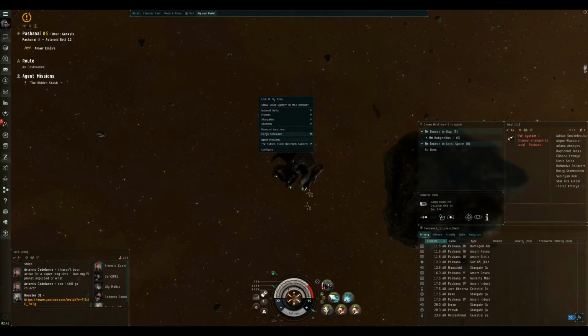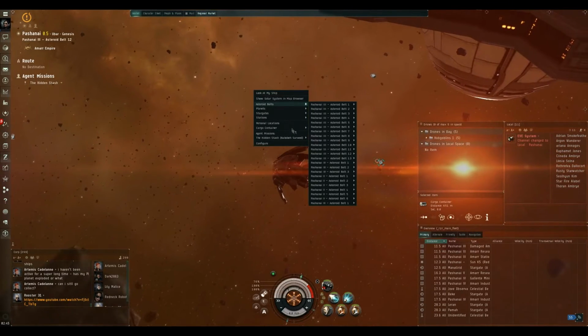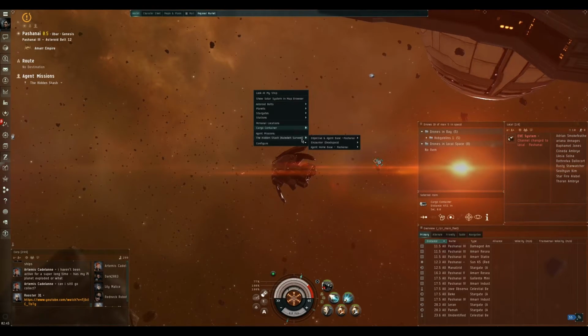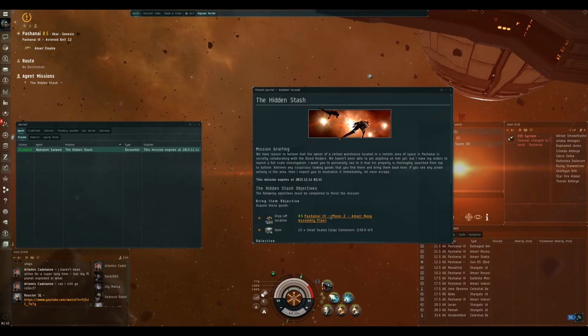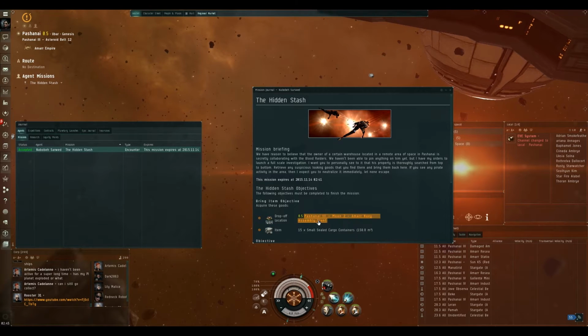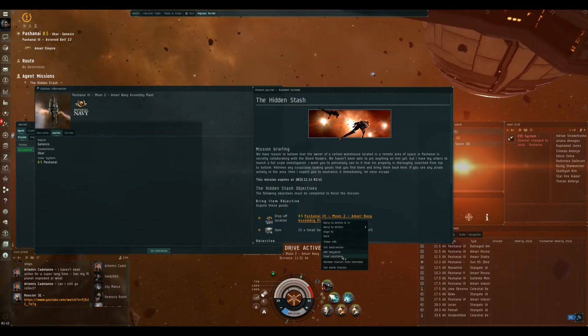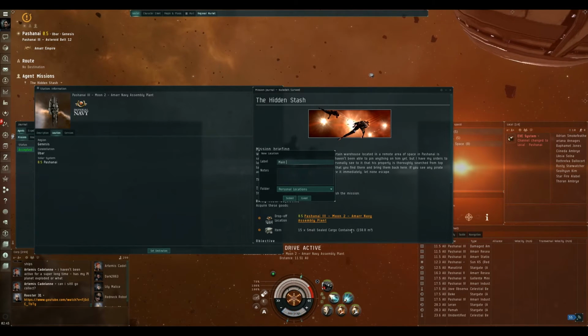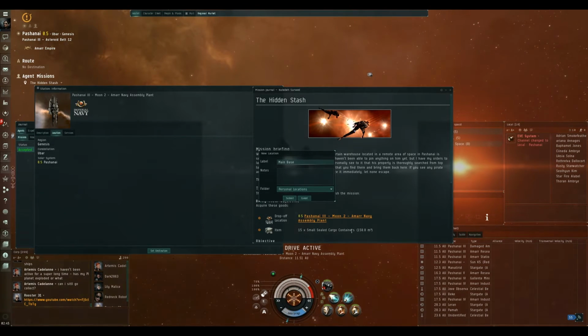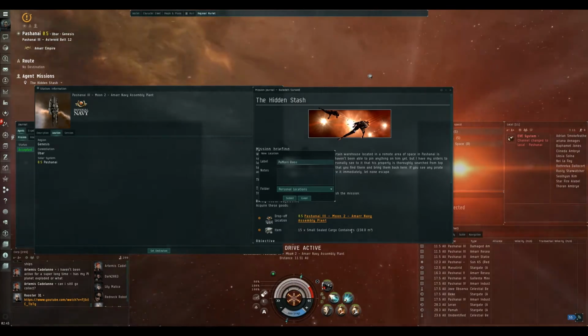Oh, I don't have the... Do I not have it bookmarked? I don't have it bookmarked. Okay, I actually still don't know what station we're in. We're gonna have to bookmark this station. Dock. And while that's going on, save. We'll name this main base for right now. I'll just name it Pash